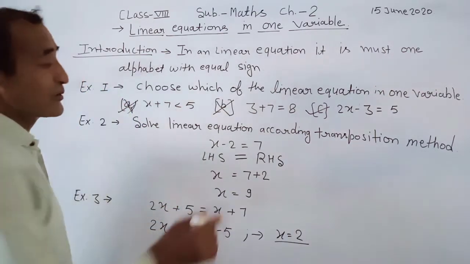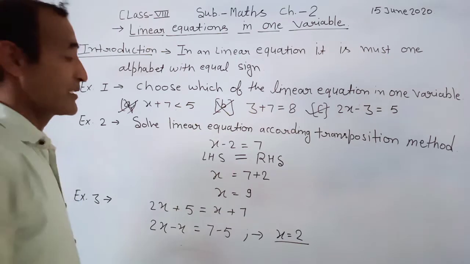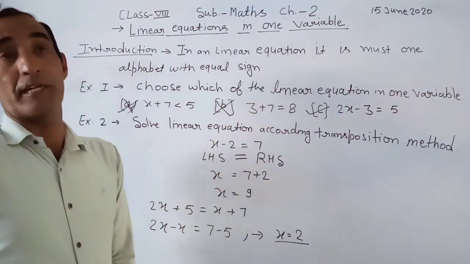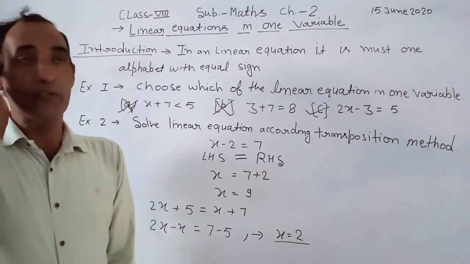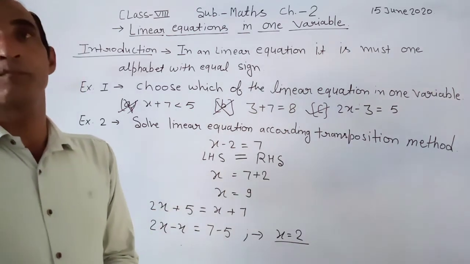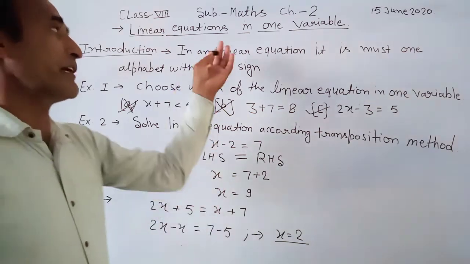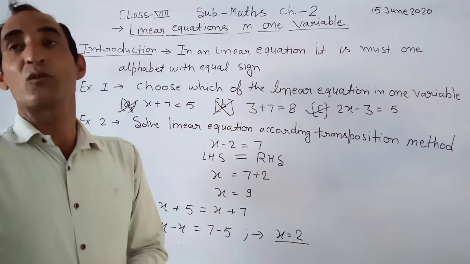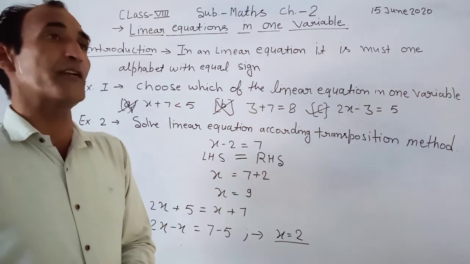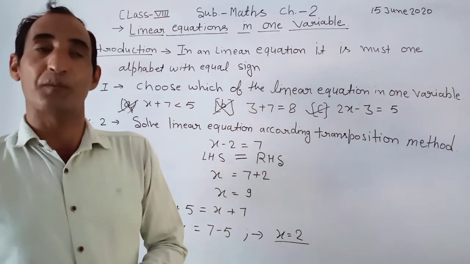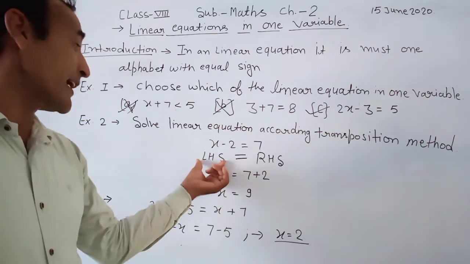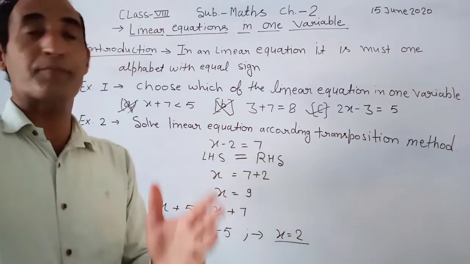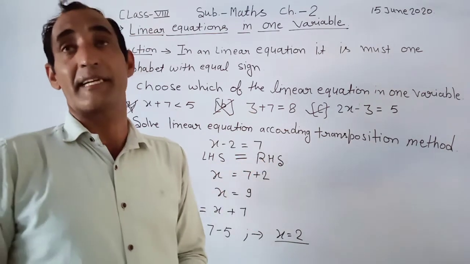We must have two sides, left hand side and right hand side. Listen carefully, I am giving an introduction. Dear students, as you follow the video, open your NCERT books. After that, listen properly to this video. After that, you solve exercise 2.1. It has LHS and RHS, two sides. LHS means left hand side, RHS means right hand side.